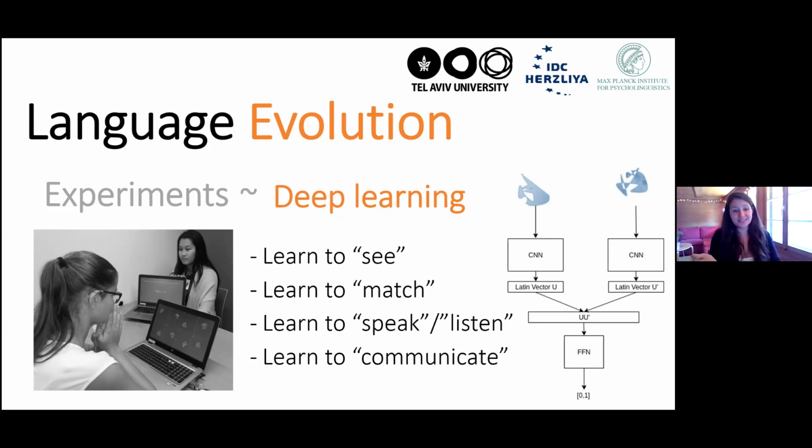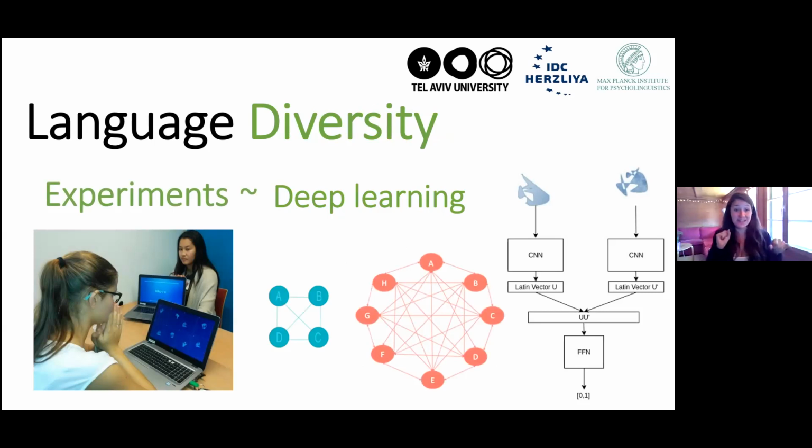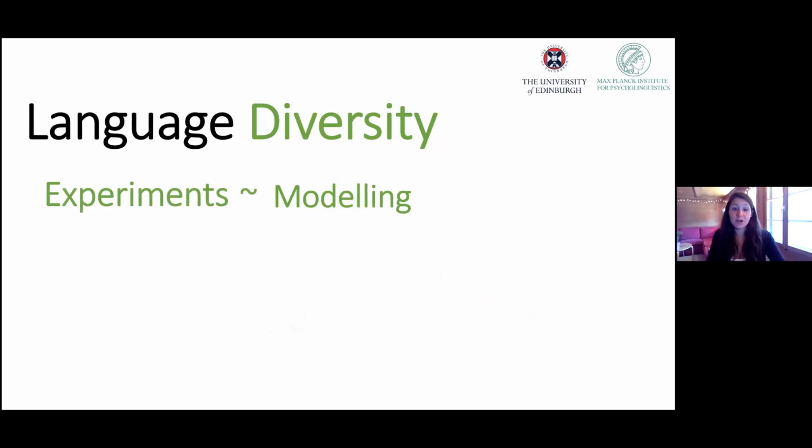So once these networks communicate with each other over time, we can also examine their representations, their associated text, and see how they change as a function of interaction, and see whether we get the same patterns of emerging grammatical structure in these populations of AIs, and what we need to constrain in order to get these. And of course, we can look at language diversity by manipulating the size of the AI population, having 4 agents versus 8 agents, really trying to replicate the experimental findings of big communities developing more structured languages. Okay, so that's one big project.